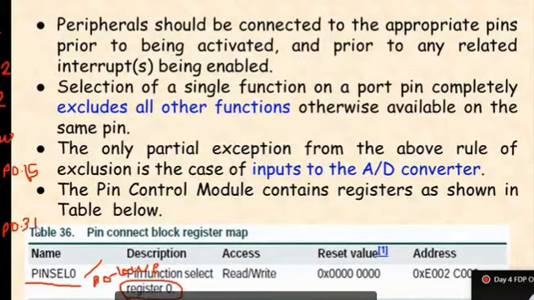So this 32 is divided into lower and upper. For that this pin select is very important. So in any program, initially you have to select pin select.